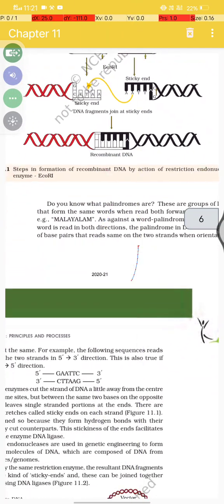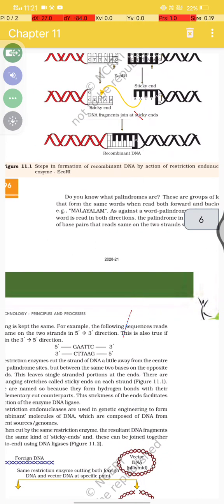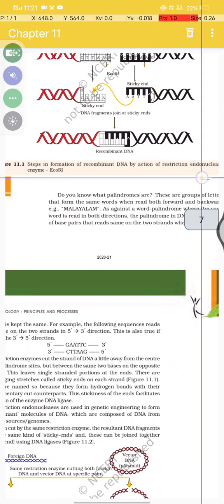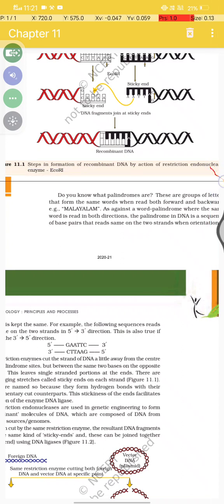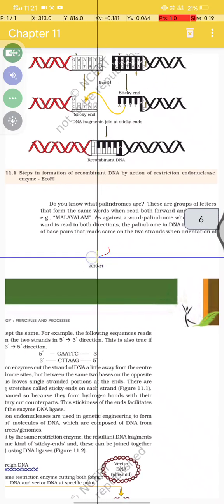Now this is a step in the formation of recombinant DNA by the action of restriction endonuclease enzymes on E. coli. Okay, now,